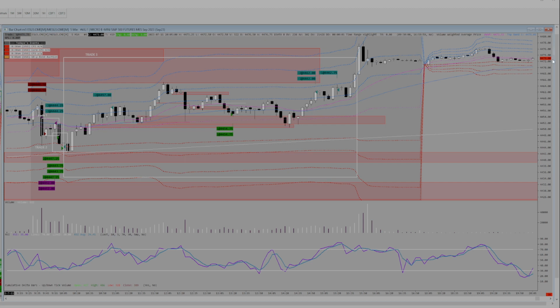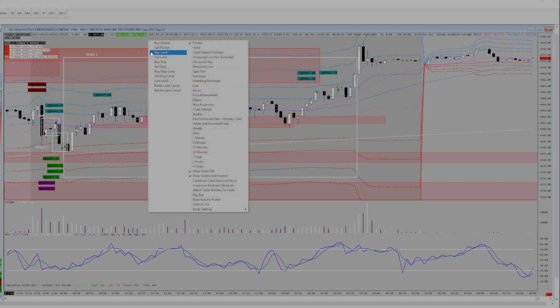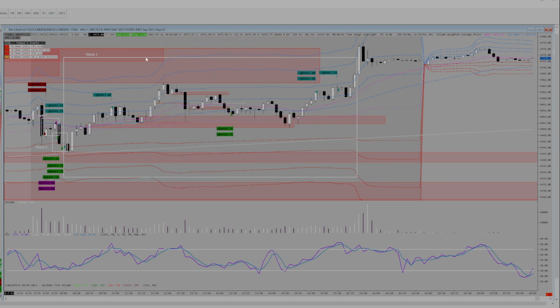I knew that there was a chance that we're going to get up into the 75. See this area here? This is actually the 1 hour wick from that supply zone. So I thought that we might get up into here. But I just closed the rest of the position. 10 minutes later, we get to that,